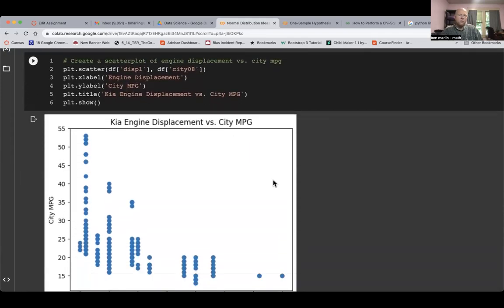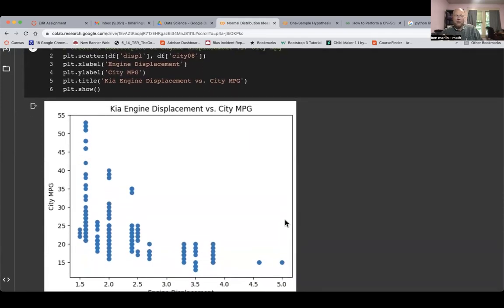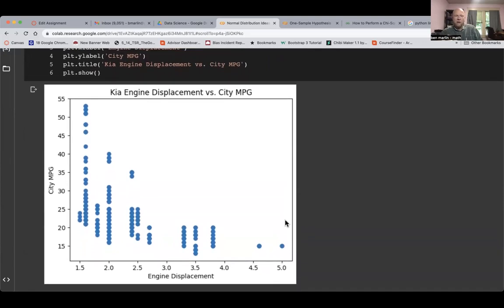And then if you go ahead and do that graph again with the city miles per gallon versus engine displacement. And somebody made the point to me the other day, this is super weird. Kia apparently puts out a 5-cylinder car. No, 5-liter car. My wife's little Kia has a 1.8 liter engine. So it's down in this range here. But in any case, though, we're going to pull this data.